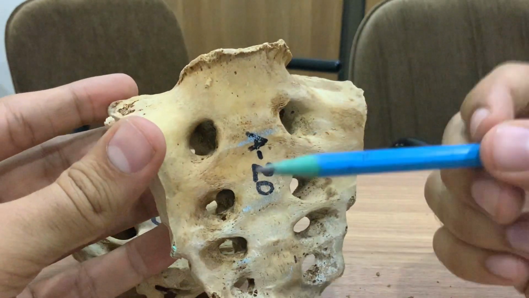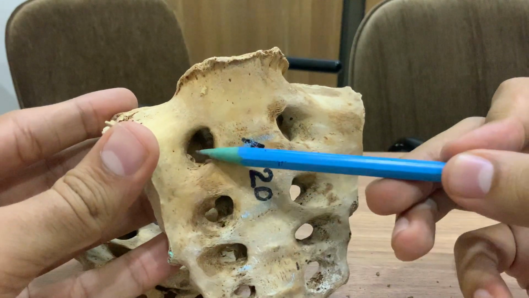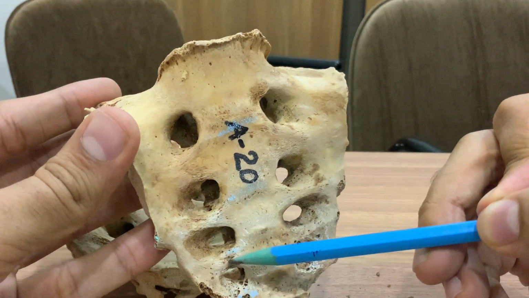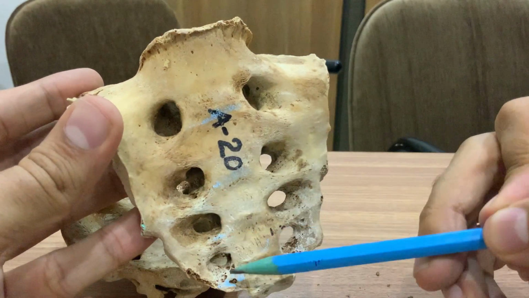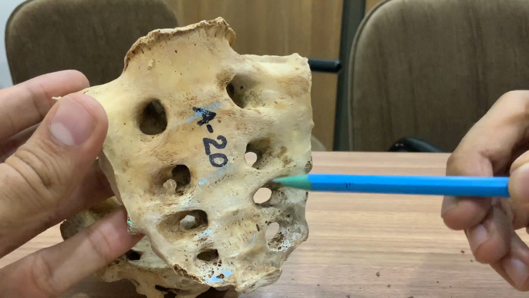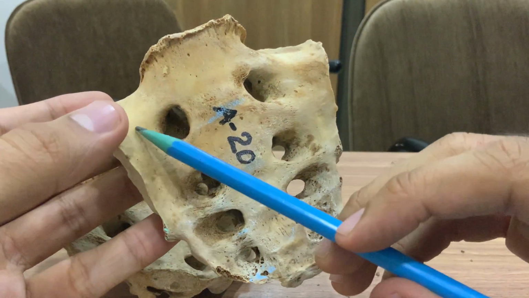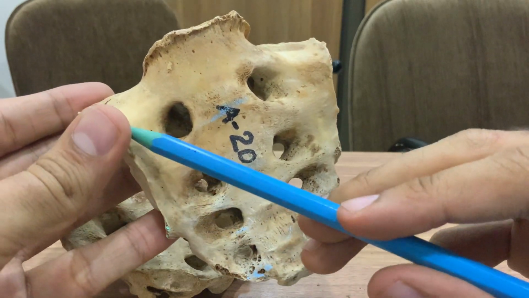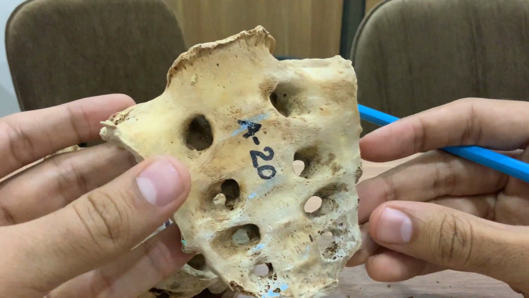Now as you can see, in between the pelvic sacral foraminas, these are the bony elements present over here. These bony elements are formed by what? Your costal elements of the individual vertebra. So these bony elements between the pelvic sacral foraminas represent your costal elements. Now this part lateral to the pelvic sacral foramina is known as the lateral mass of the sacrum, and is formed by the fusion of the costal element and the transverse processes.